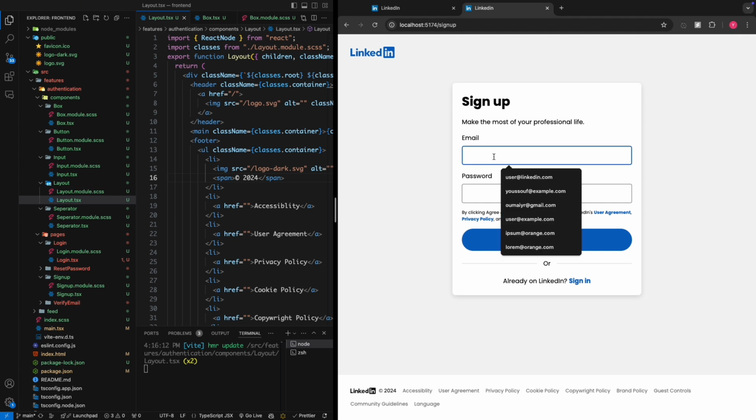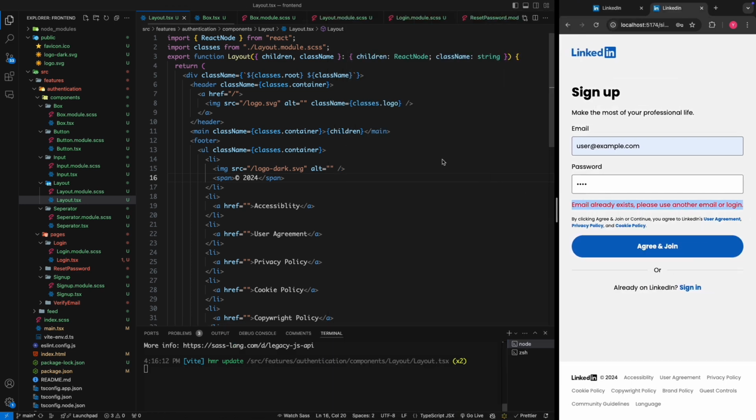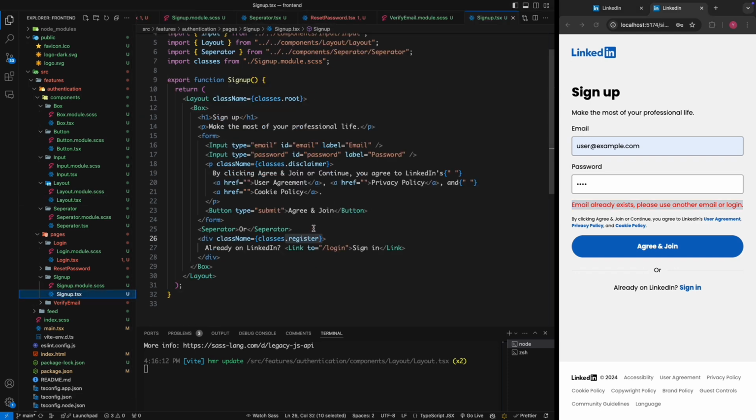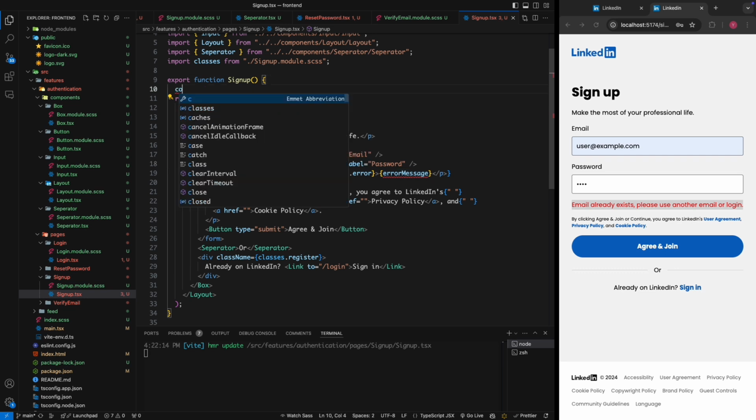Here, if I try to register a user that's already there, like this one already exists, and I type agree and join, we'd have this error message. It's an element that we show dynamically, and that we don't have here. So I'm actually gonna be adding it. It's going to be, as you can see, above the disclaimer. So here we're gonna have a p tag that's gonna be rendered dynamically, when we have an error message, and this error message is going to be a React